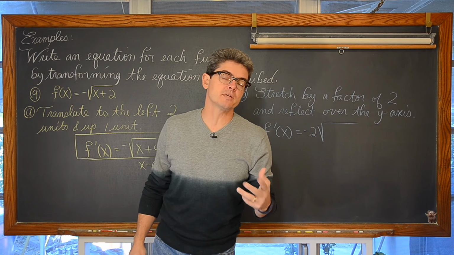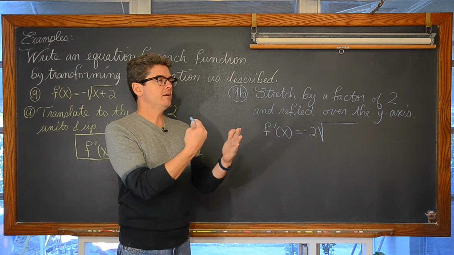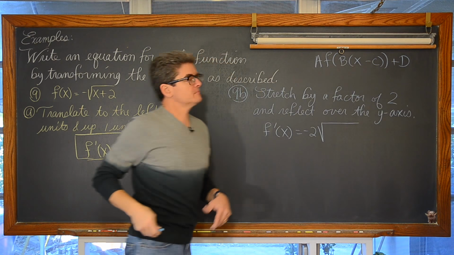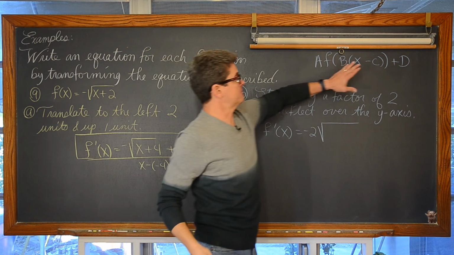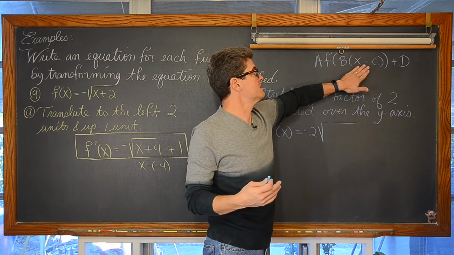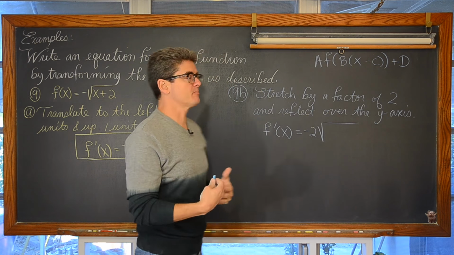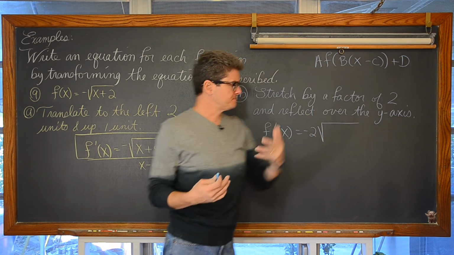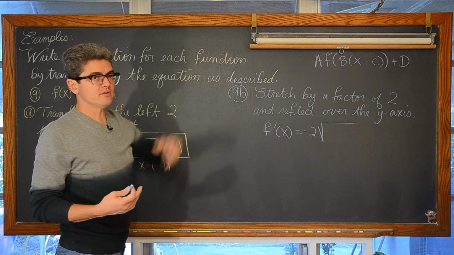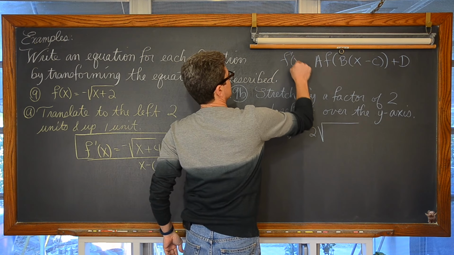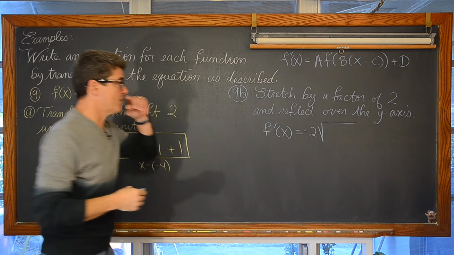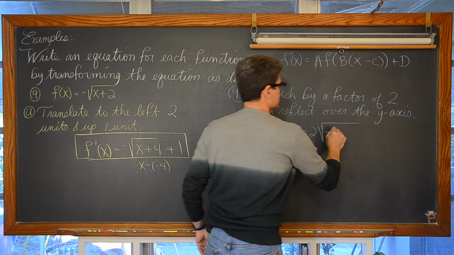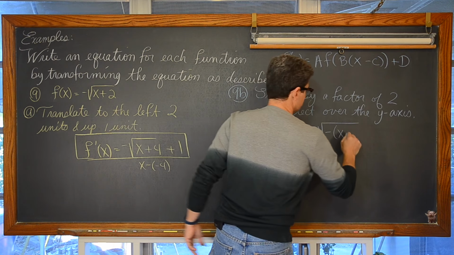Now, our original page of notes said that it was a, f, parentheses, b, parentheses, x minus c plus d. Now, I said I like this format a lot of times, and this is not the format that my pre-calculus trig book uses. And it says bx minus c. There's no parentheses there. Well, in the format given to us for a transformed function, b is outside of the parentheses, and b is, well, if I want to reflect over the y-axis, negative. So is it negative x plus 2?